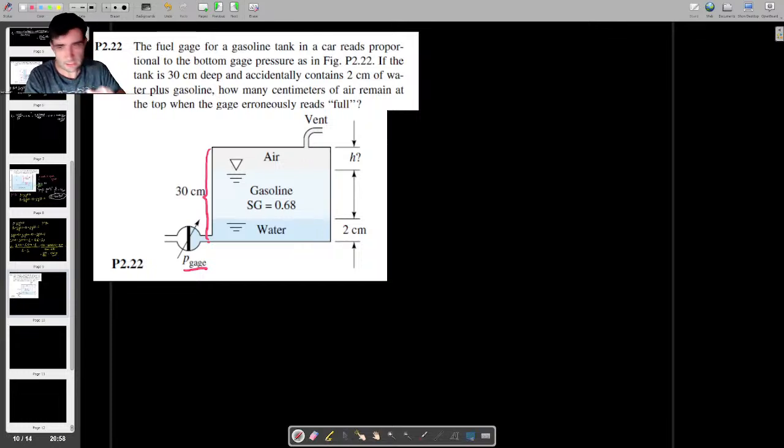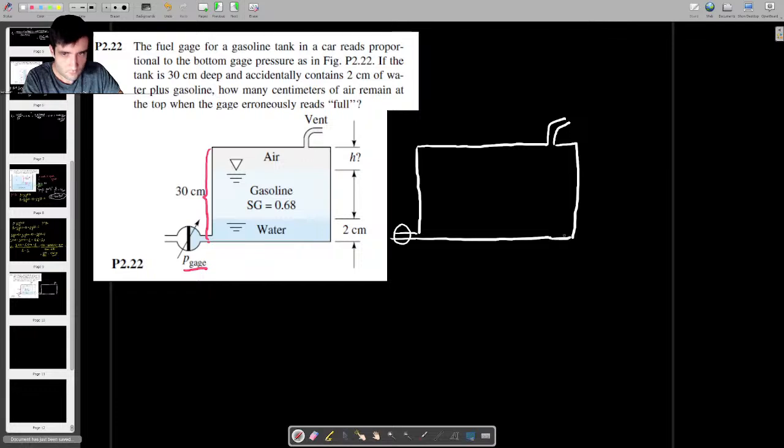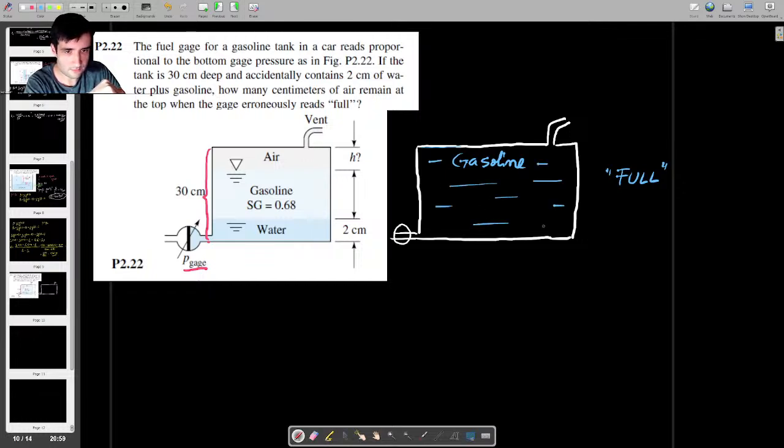And the reason for that is because of a truly full fuel tank. If I draw this thing here again, this is where the pressure gauge is, and if you just have gasoline in here, then this should all be full. So reading full in an ideal case should refer to you having gasoline all the way through this tank. When you go to the gas station and fill the tank with gasoline, this is what you expect to have. But in our problem, we have some extra water that infiltrated somehow,